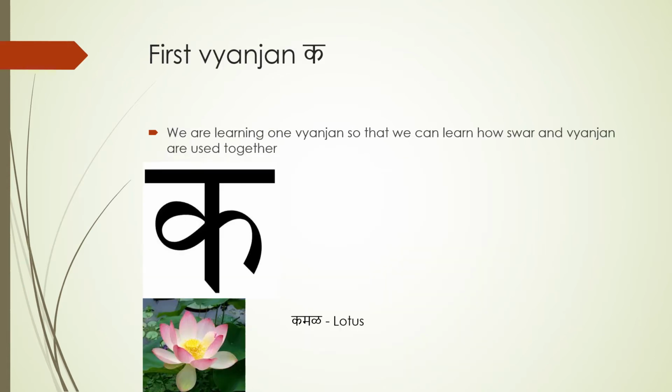Let's start with our first letter, the letter K. We are doing this to understand how the swar and the vyanjan, or the vowel and the alphabet, work together to form a letter. In order to learn K, you must first start with a small C and take its bottom end up to the top, almost creating a circle. And attached to this is a vertical line and then another C on the right hand side, which is upside down. Of course, the letter ends with a top line and that forms a K. An example of K, Kamal, the lotus flower.